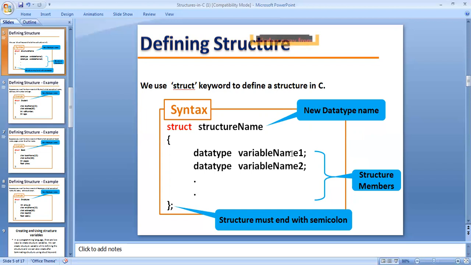In a structure, we declare the structure's name in the global declaration or local declaration, but it must end with a semicolon only.